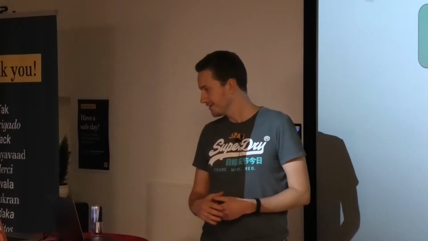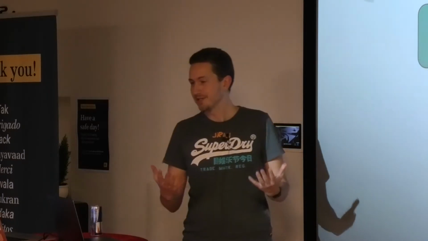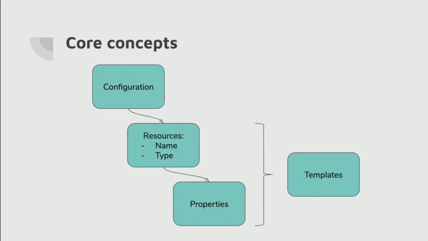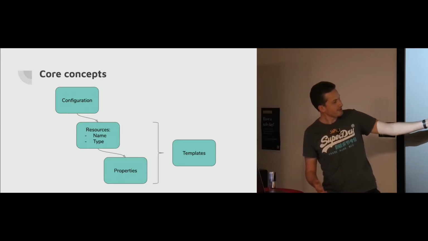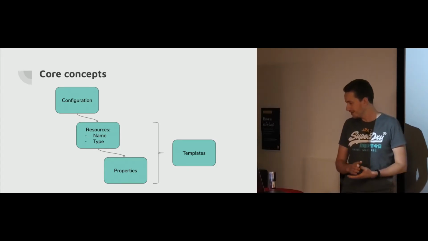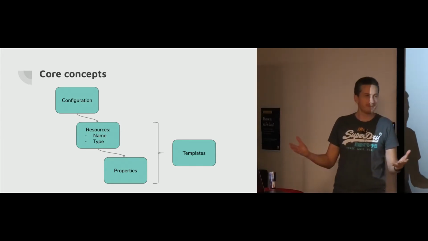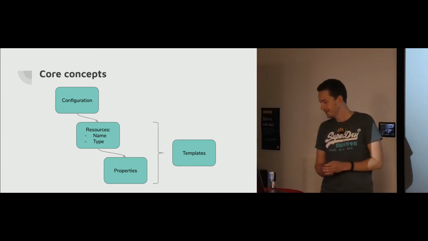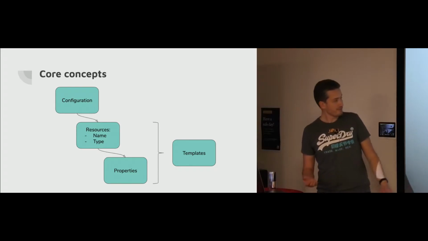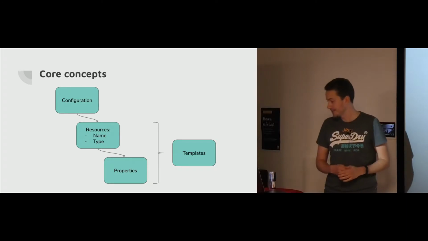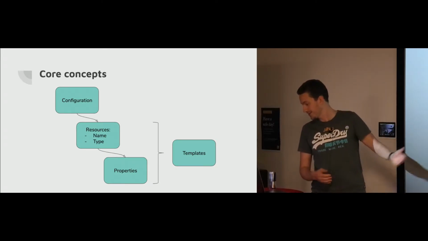And just to give you an idea about the core concepts of Deployment Manager, you have a configuration which will typically cover some set of resources for a product. We only have one configuration because we're deploying a single product, and you have resources underneath those, and resources are basically anything that Deployment Manager can deploy, right? So it can be a bucket, it can be a service account, it can be a server, it can be anything really. And those resources have properties, and then they can be organized into templates,